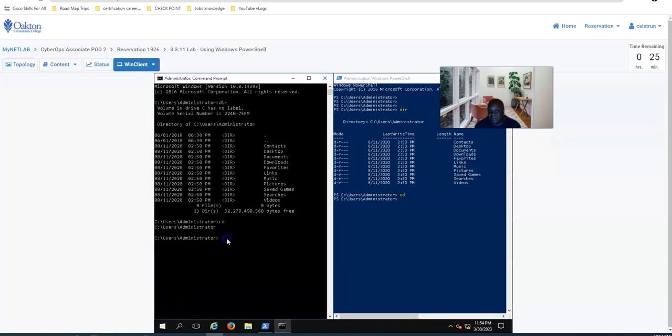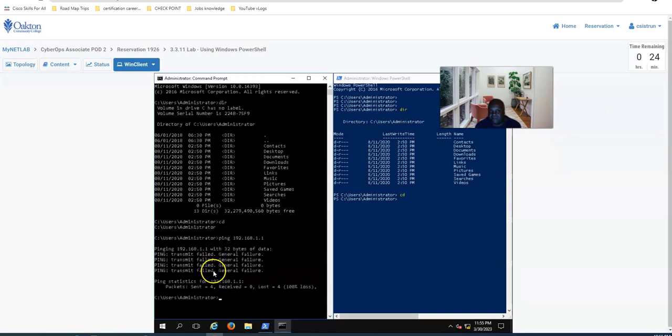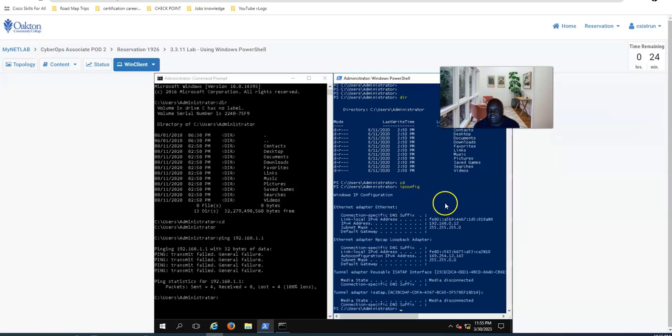Now, I could go ahead and put in here and go ping. Let's see, right? I'm going to do ping, and then I'm going to do 192.168.1.1, and then hit enter. Of course, nothing is going to come out of it. It's going to fail, but you see that I'm pinging something. So it just wants you to play around with these different types of commands and have fun with seeing what would happen in PowerShell vis-a-vis what would happen in